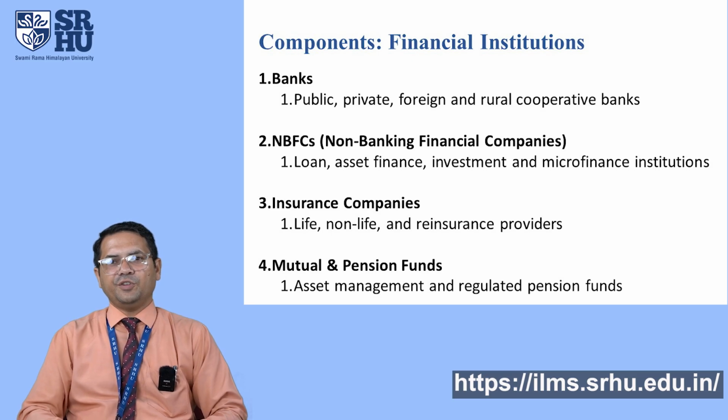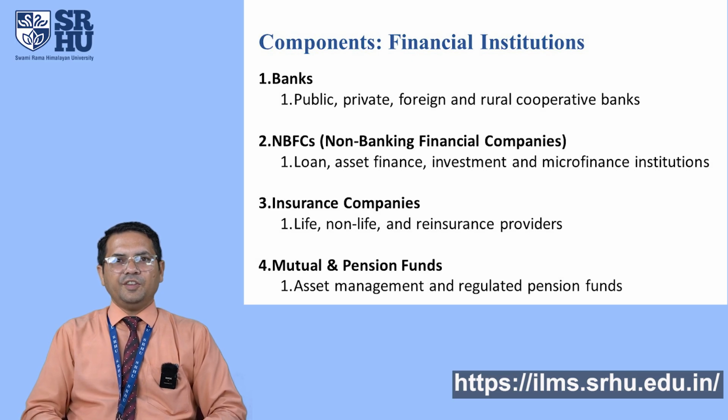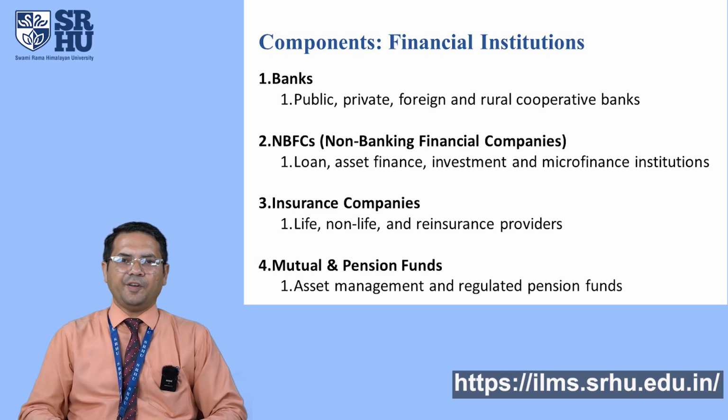Thereafter, the next type of institutions are insurance companies in the Indian financial system. As we know, insurance companies are the companies which take on or mitigate risk and provide protection against financial risks. These institutions play a key role in managing risk by offering various types of insurance. Various types can be life insurance and general insurance. These are the various categories. In general insurance, a broad category of insurance is also there.